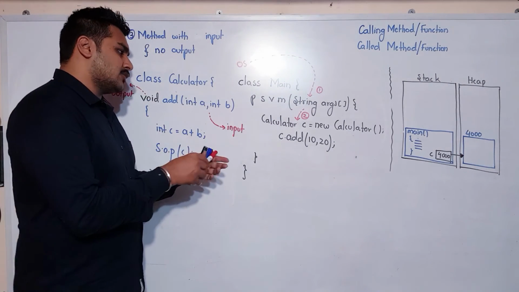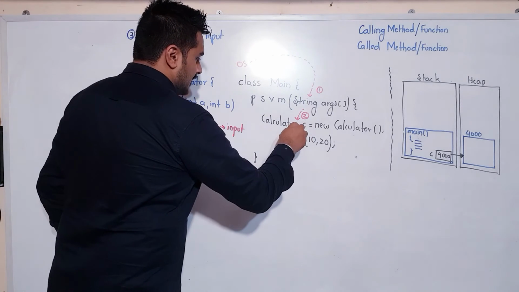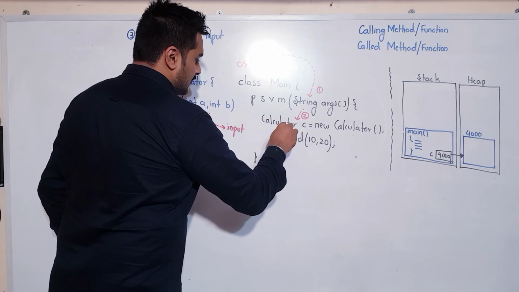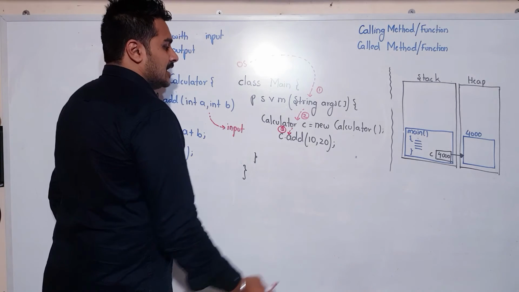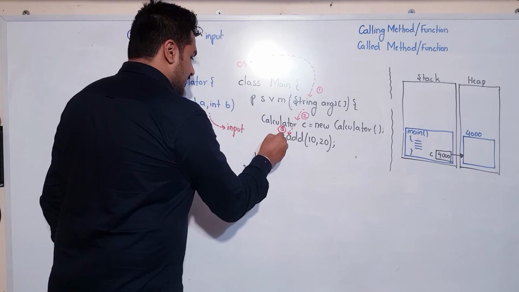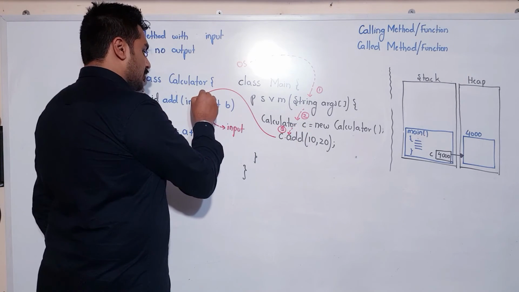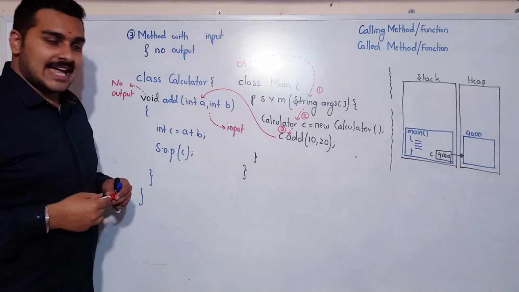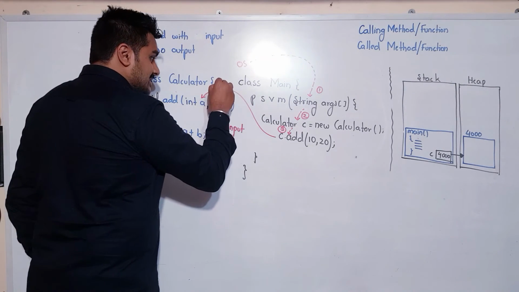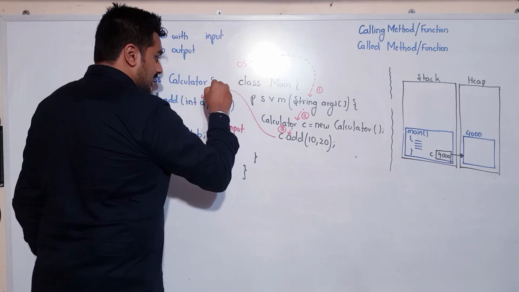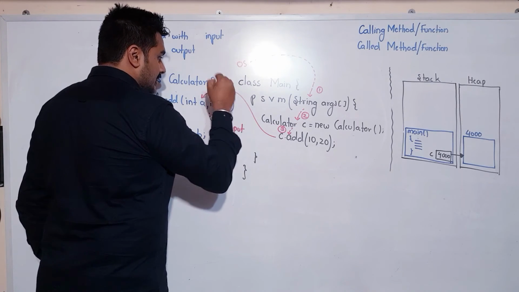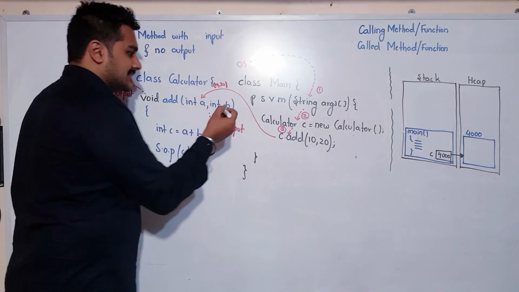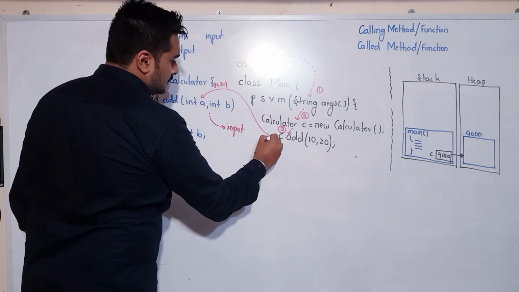Then I am coming to my next line of code. This is my step number 3. So where is it taking the control to? It is taking the control onto your add function. In fact, it is coming with some data. It is coming with 10, 20, and this is step number 4.